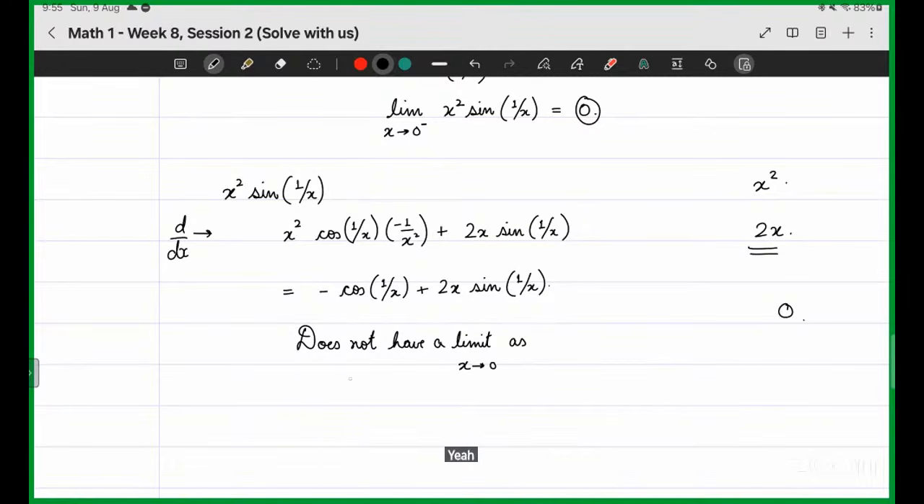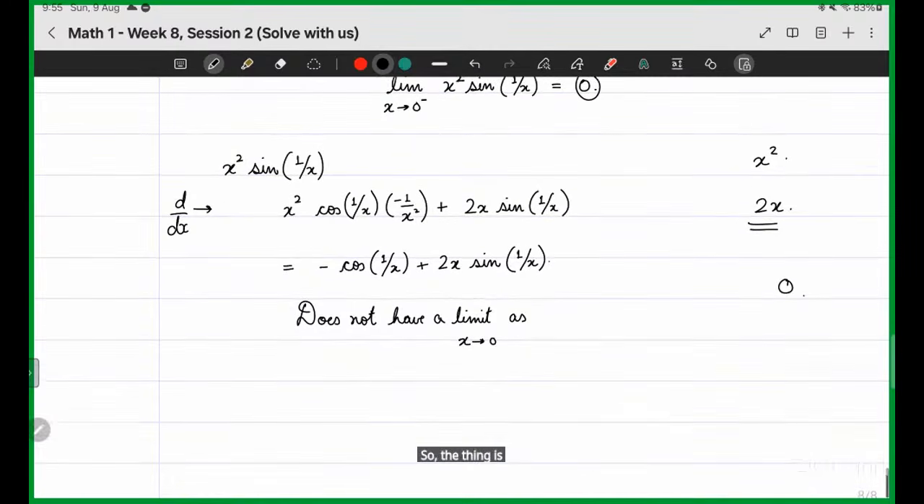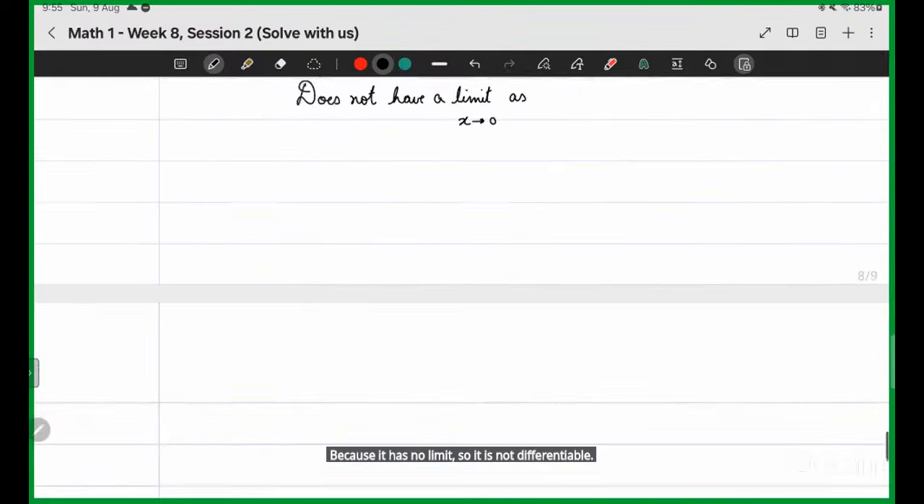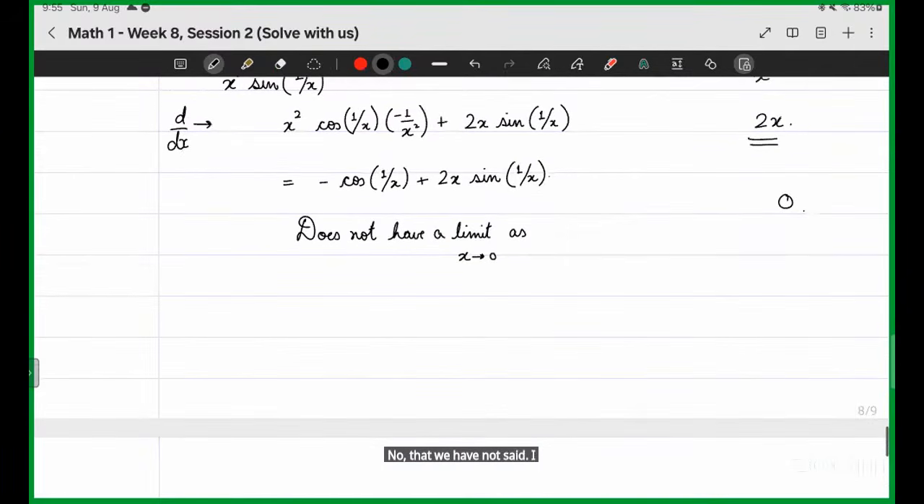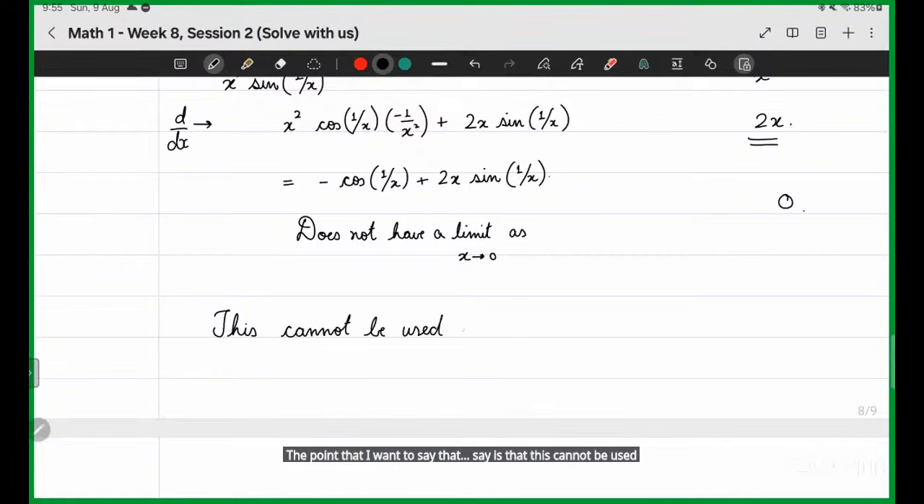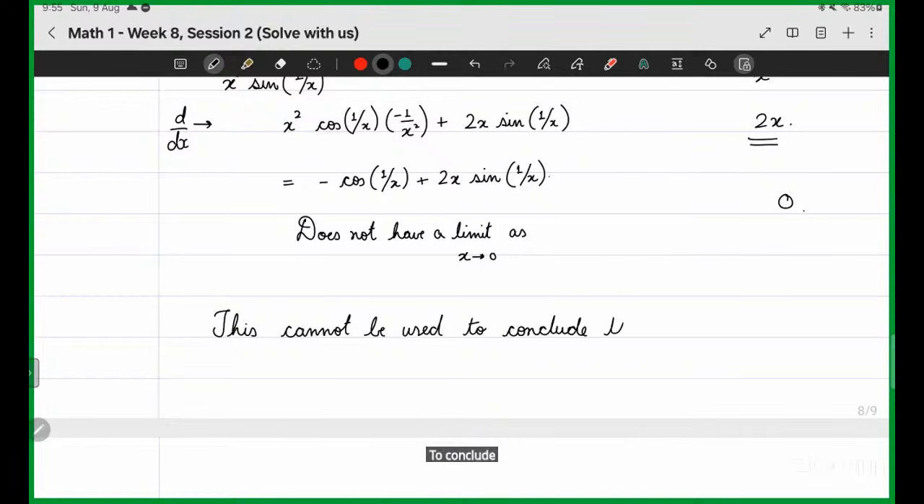So the thing is, it has no limit, so it is not differentiable. No, that we have not said. I said, can we conclude that? The point that I want to make is that this cannot be used to conclude that f is not differentiable. Yeah, sir, understood. So this cannot be used. Okay. In fact,